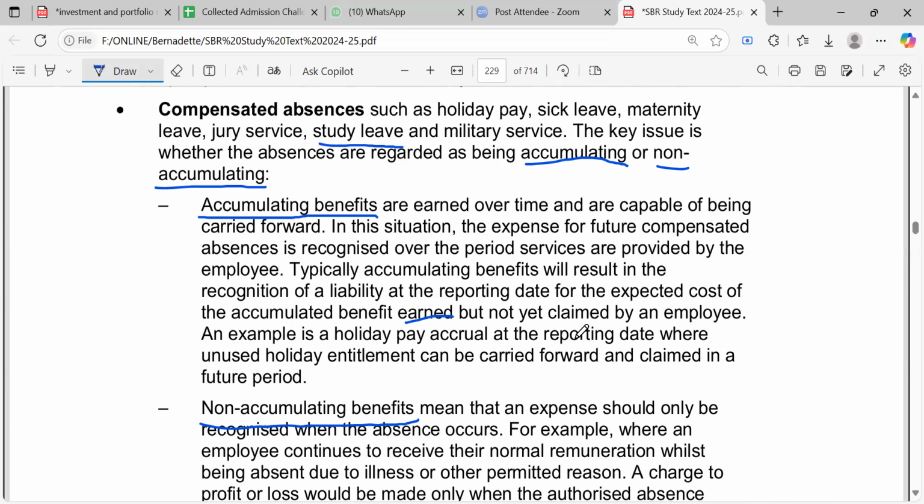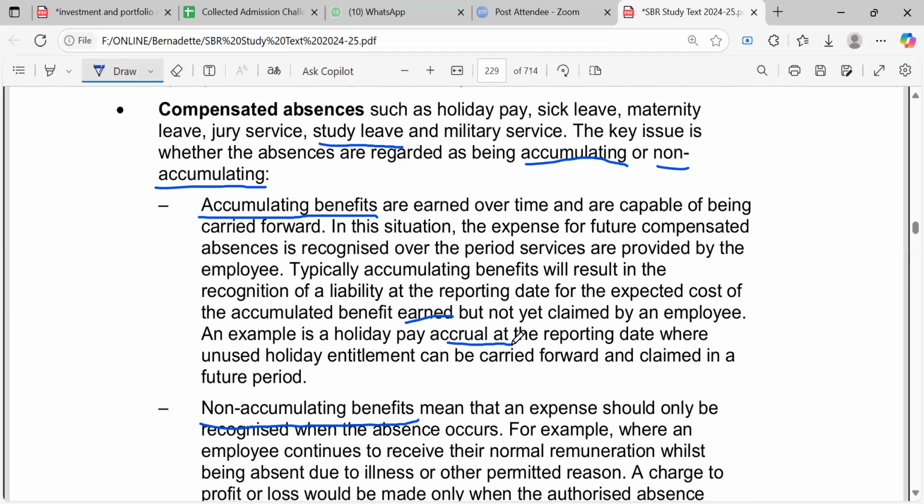He has not yet come and said, okay, I need to go on holiday. You definitely know that he's not going, but he won't give it up, right? Claiming it is easy: you just come and say, okay, I need to go on holiday, then you pay. Who wouldn't want that? You ask for the holiday and then they give you money. And then you say it is accumulating. They believe you are definitely going to claim that, right? So that's why you have an accrual.